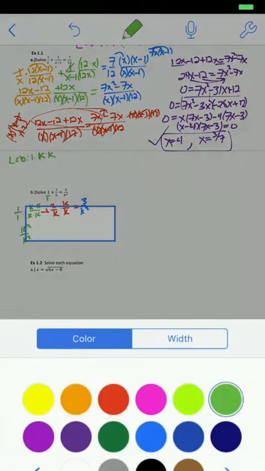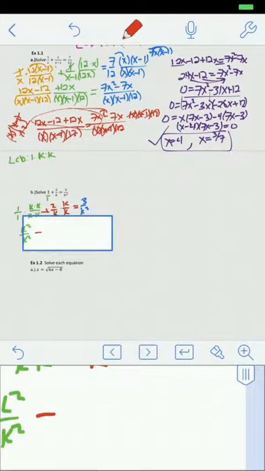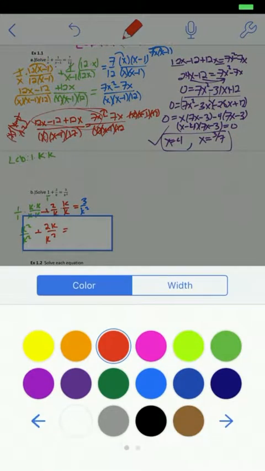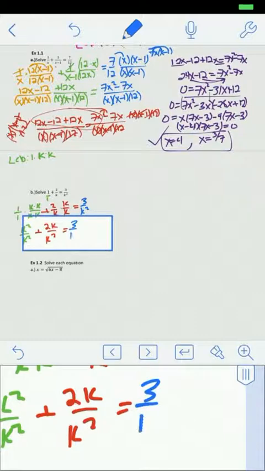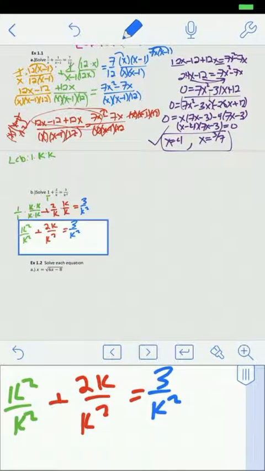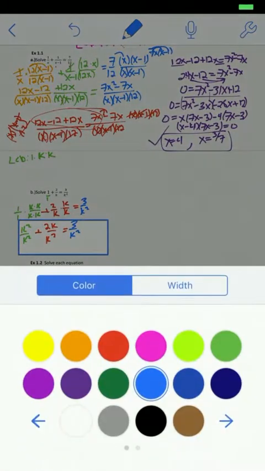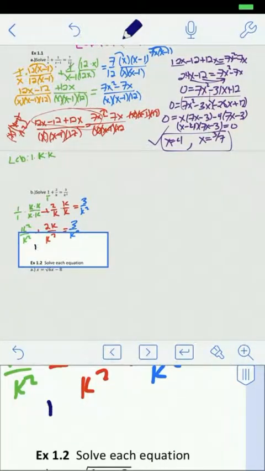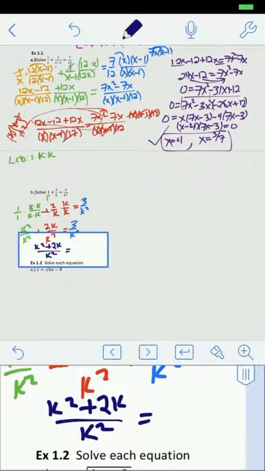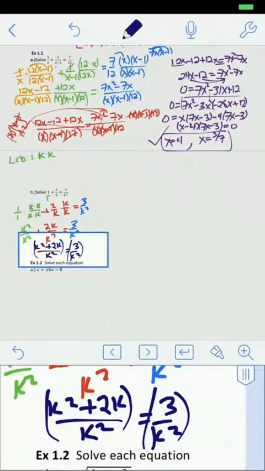The red one ends up giving me 2k over k squared. And then as we already discussed, this last one doesn't change. And now everything has a k squared below it. Sweet, everything has a k squared. Combine these two guys, I get k squared plus 2k over k squared is equal to 3 over k squared. Now when I multiply k squared to both sides, I can see all these k squareds start to cancel,